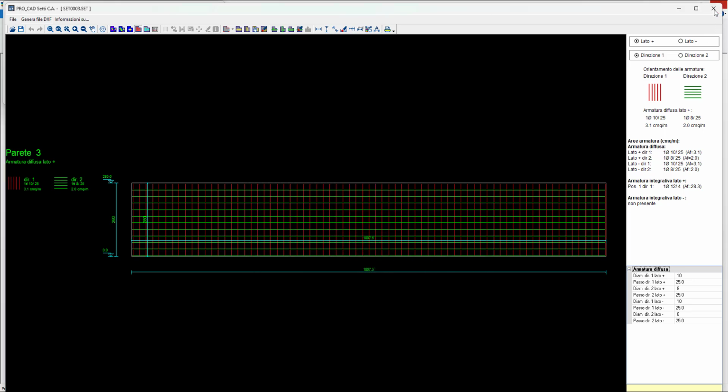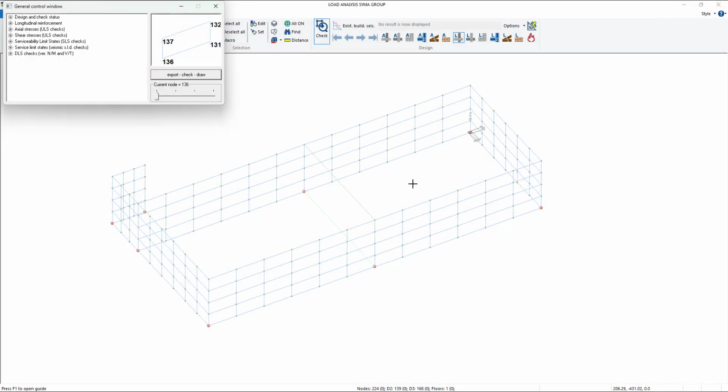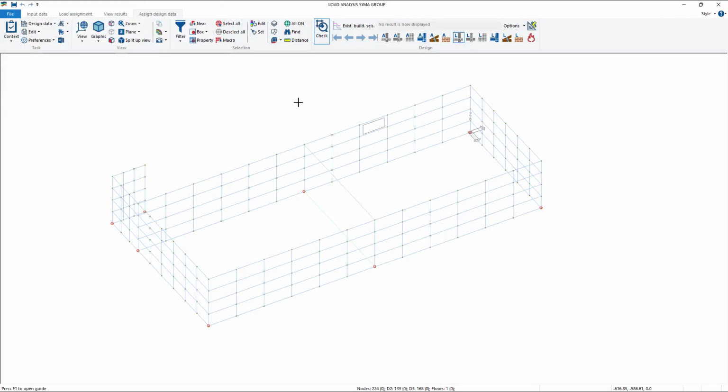And okay, I think this should be everything. And for the view results part, as I said in the previous lesson, I suggest you just try to check the results and see if you understand anything. If you have any questions, just ask me by mail.